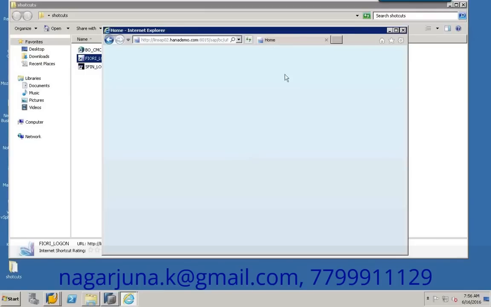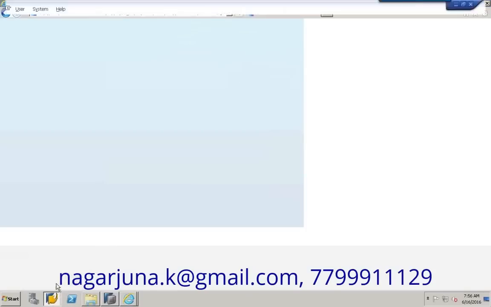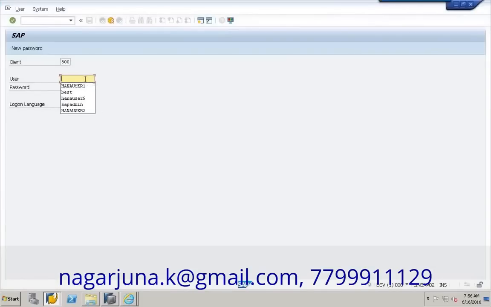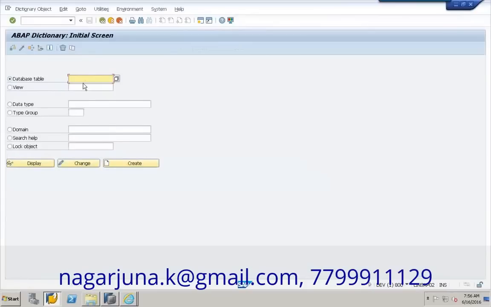So this is the home page to access Fiori system. It's loading the home page. So meanwhile, we log into the S4 HANA. Here if you see, if you go to SE11, click enter. Let's take the KNA1 table here. Give the KNA1 table, click display,